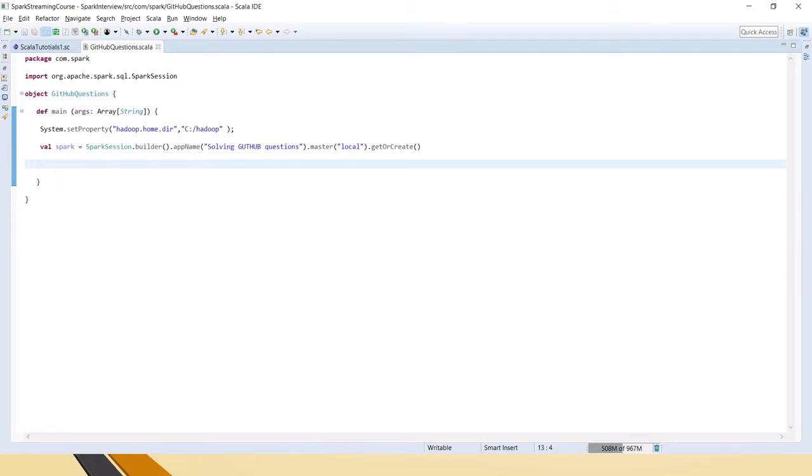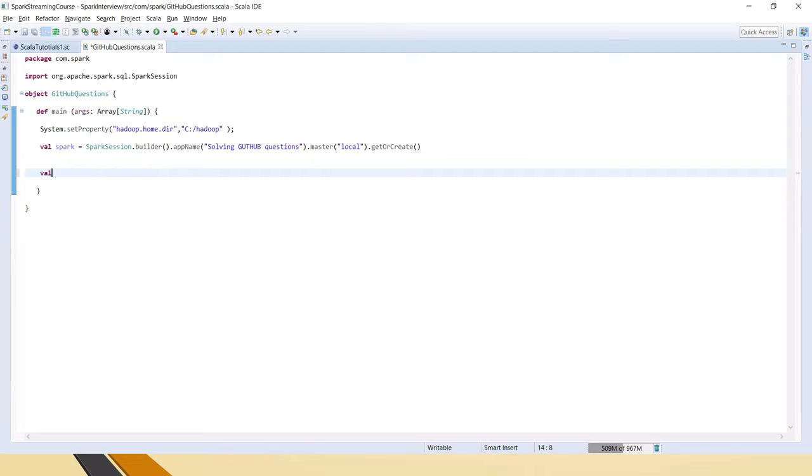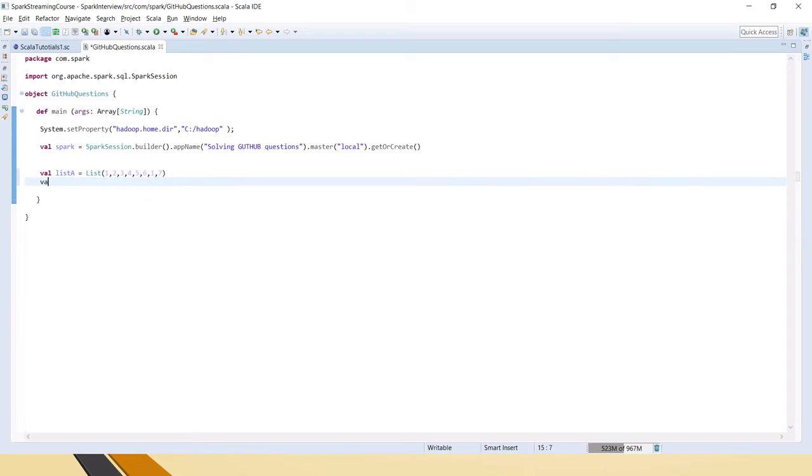So friends, I have created a Scala object, defined the main method, and created the Spark session. Actually this is not required for this question; it is required for the second question, that's why I just left it. I am creating a list out of the array that was given in the question, and I am giving sum as 7.